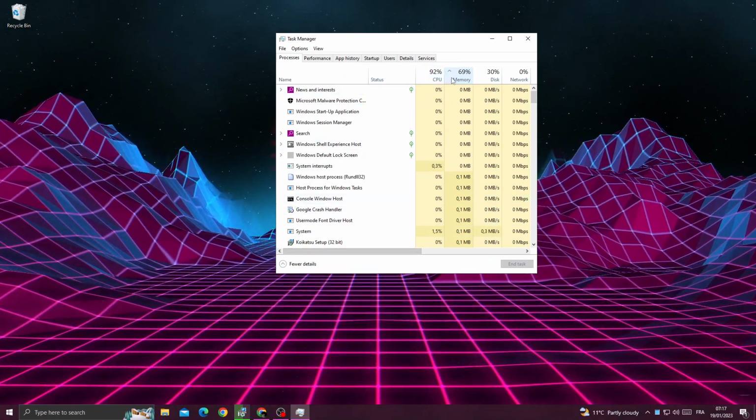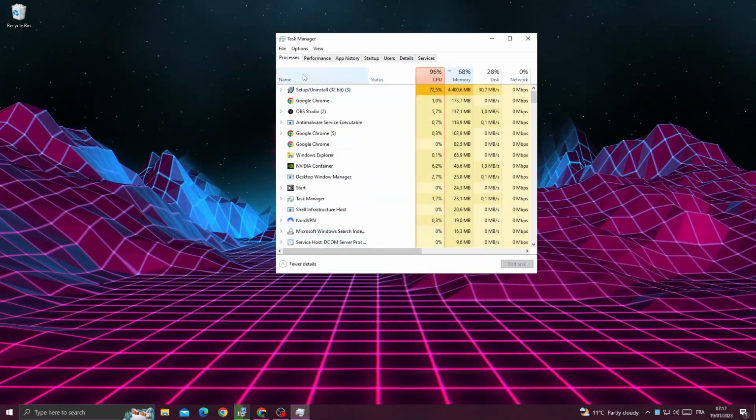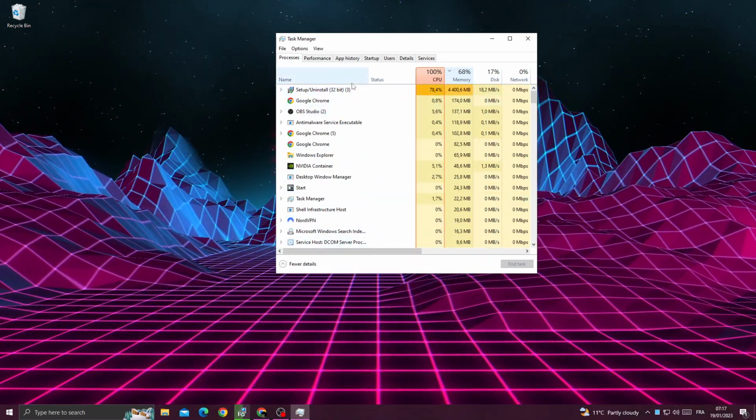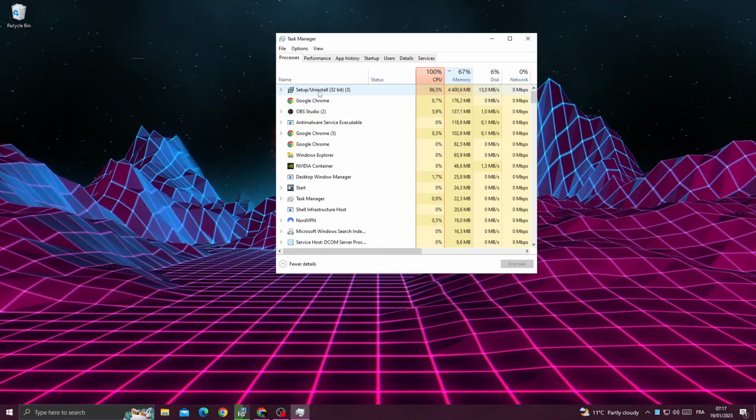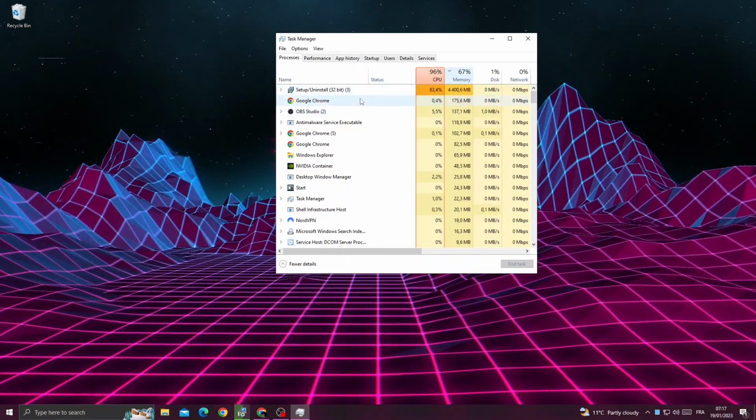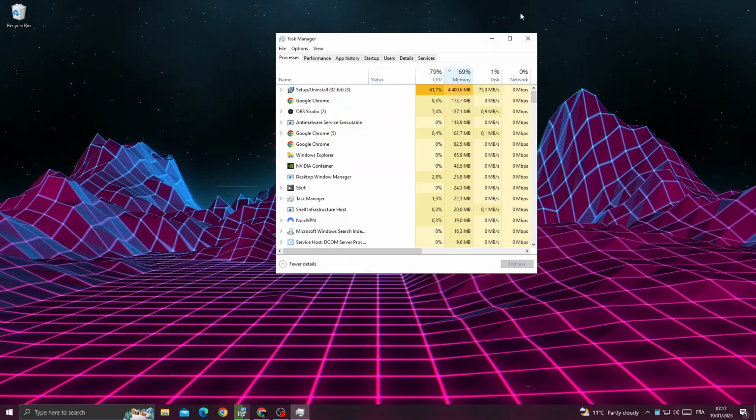Now just close all the applications that use your memory, like Google Chrome and Steam and all of those that you don't need. And now after that,